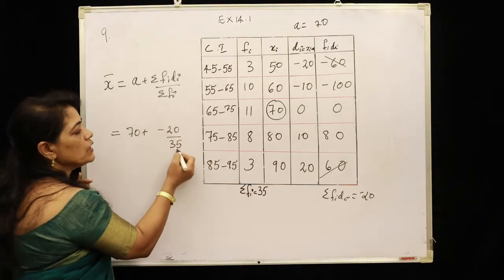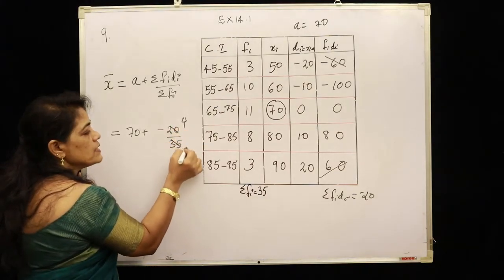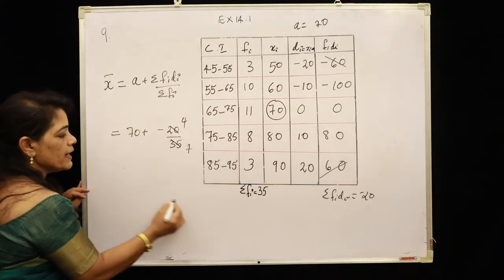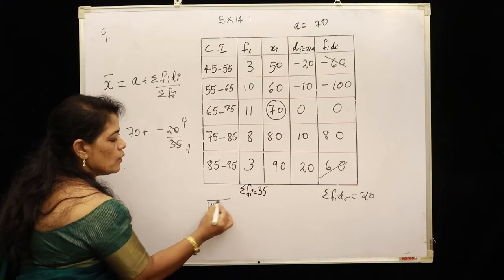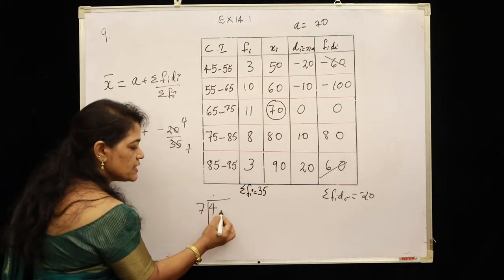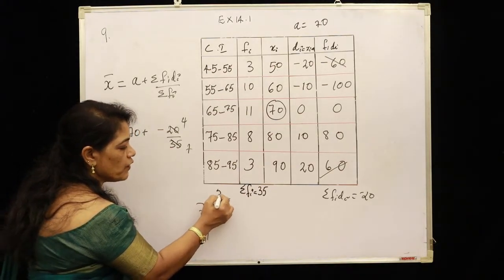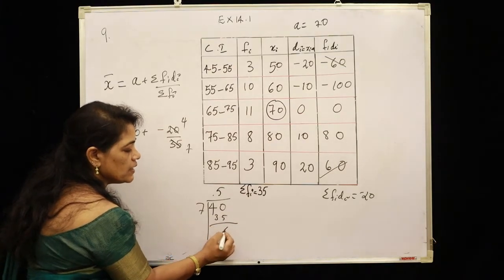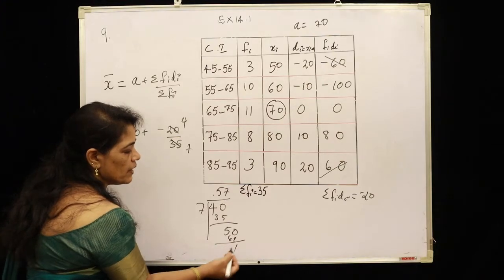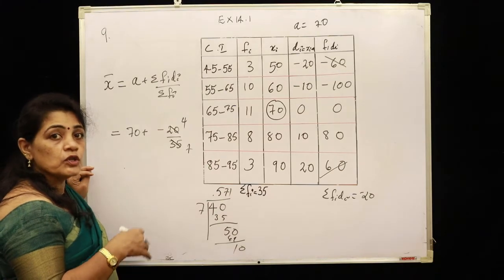Since both are multiples of 5, we can divide by 5. 5 in 20, 4 times and 5 in 35, 7 times. Now 4 by 7. Since 4 is less than 7, we put a decimal and add sufficient zeros. In 40, 7 in 40, 5 times 35. Remainder 5 and in 50, 7 times 49, 1 is the remainder and in 10, 1 time. This is enough because we can round off to 2 decimal places.